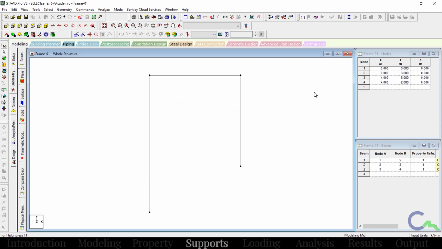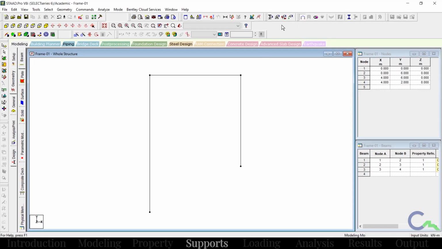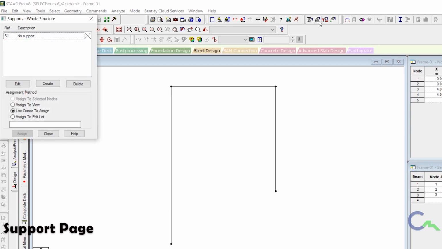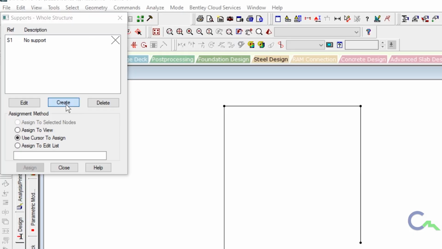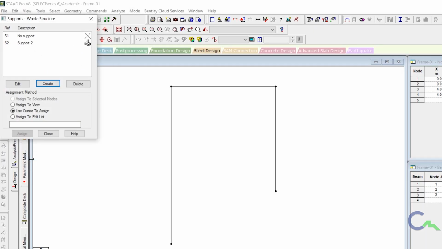Next thing, I have to apply the support. In the problem, both the supports are fixed supports. So I will go to StatPro, to the support page. Then here, click on create. The first option itself, that is fixed support, just click on add.